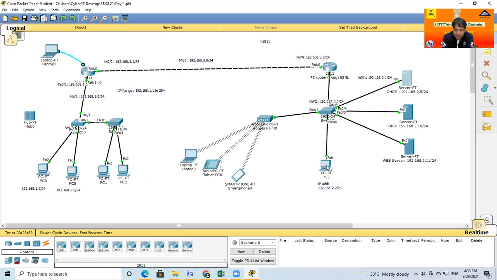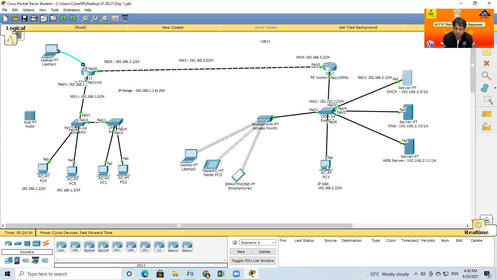What is the difference between a normal computer and a server computer? A normal computer has everything in single mode: single hard disk, single control card, single motherboard, single operating system. But in a server computer, every hardware specification is in dual mode, at least minimum dual mode. Some hardware may be triple mode also.